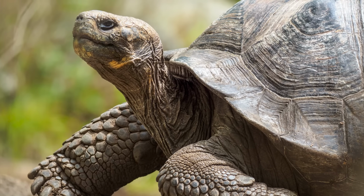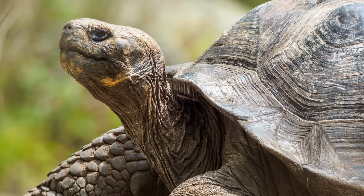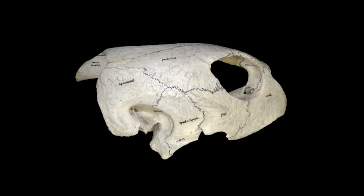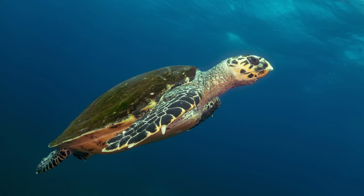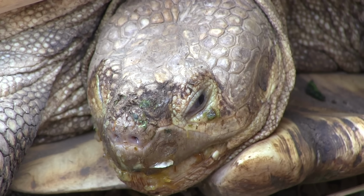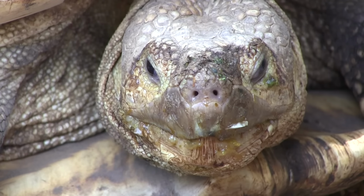That view of turtle relationships has since changed though, with more recent molecular evidence and more data from the fossils we're about to take a look at, proving that turtles are actually diapsids that later lost both of these back openings of the skull, therefore converging on the anapsid condition. But they aren't anapsids. Anyway, the lineage leading to turtles potentially first appeared during the Permian period, the last period just before the age of the dinosaurs,